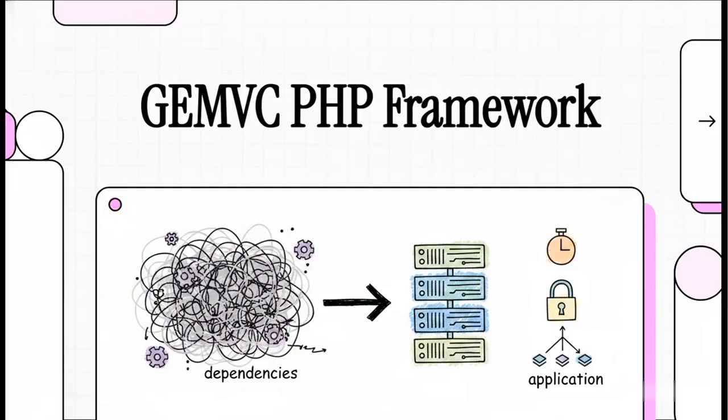Welcome to this explainer. You know that feeling when building a seemingly simple microservice means downloading half the internet in dependencies? Yeah, it's a massive frustration for developers. Well, today we're diving into GEMVC. It's a modern PHP framework that is completely flipping the script on the idea that back-end frameworks have to be these massive, heavy pieces of bloatware. We're going to look at how this tool actually lets you build professional, highly secure applications in minutes instead of